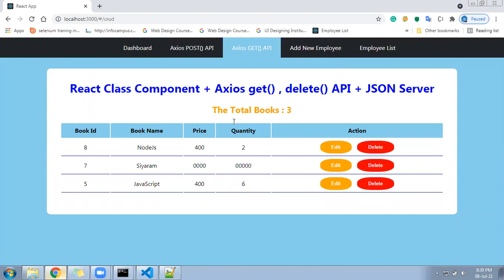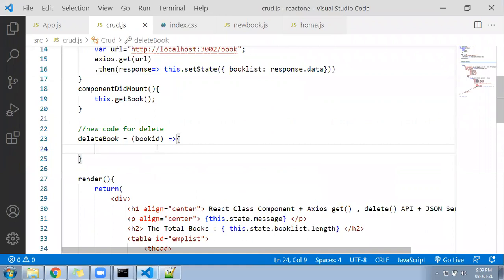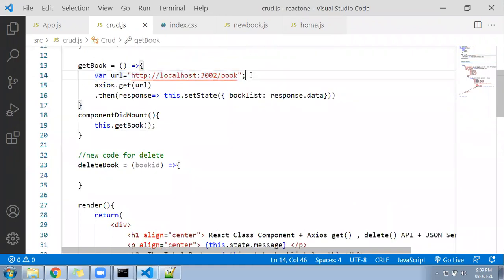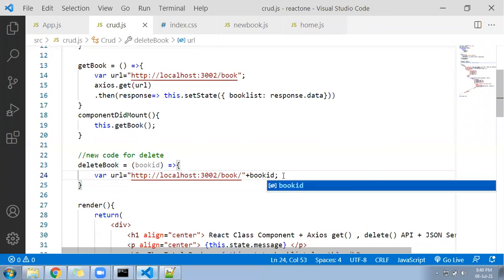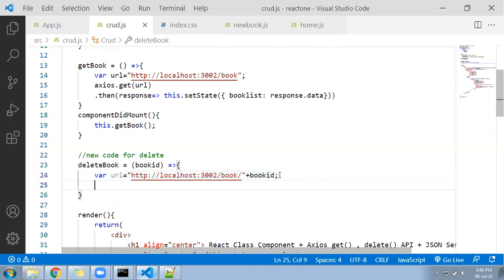So how to call the JSON API? Let's go here. Simple, not difficult. Number one, you have to get the URL. You have seen in the last video, this is my URL from where the JSON server I'm getting the data. Now I'll go here and in the same URL we need to append the ID plus this book ID. The book ID we appended here in the same URL, and after that with the help of axios.delete,